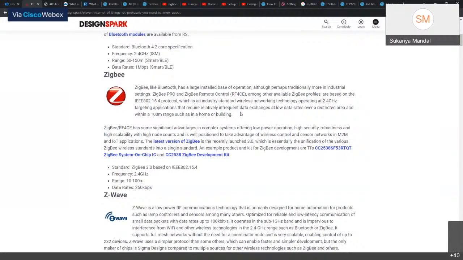Okay, now of course this targets applications that require relatively infrequent data exchange at low data rates over restricted areas. So let's say you have a sensor network for disaster prediction installed in a very remote area.